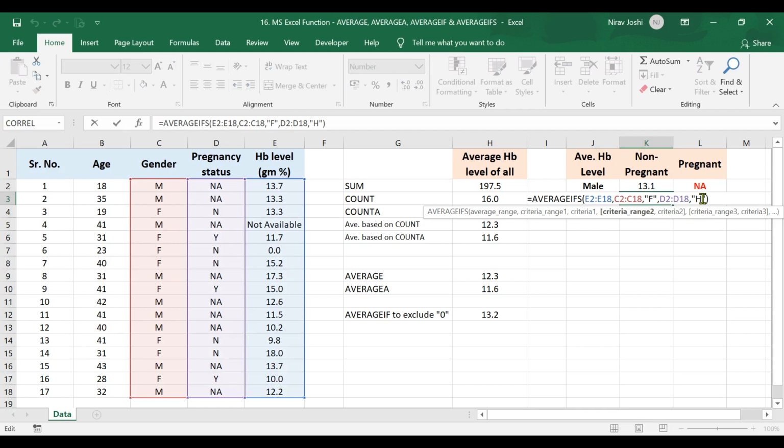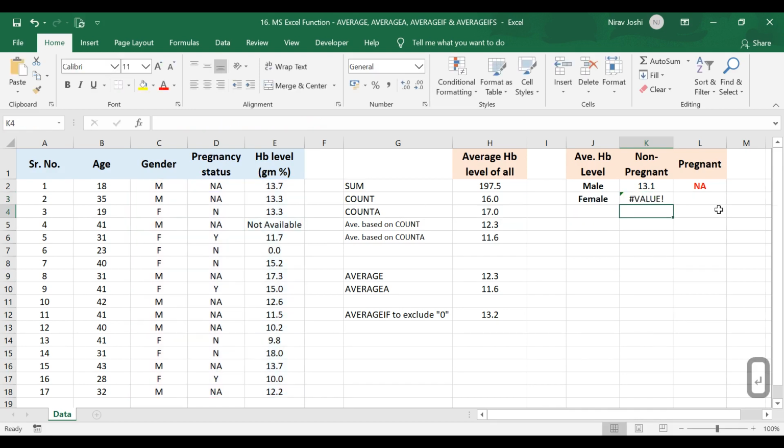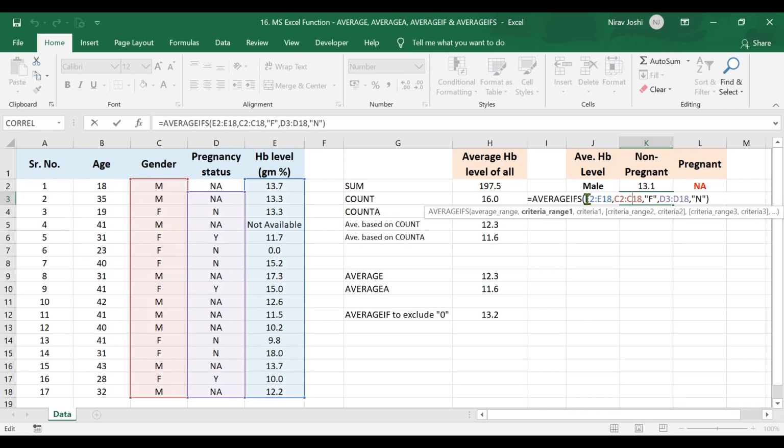Similarly, if the ranges provided here have a different number of cells, then also it will give an error. Here it will provide a value error if the number of cells in the criteria range is different in different ranges.